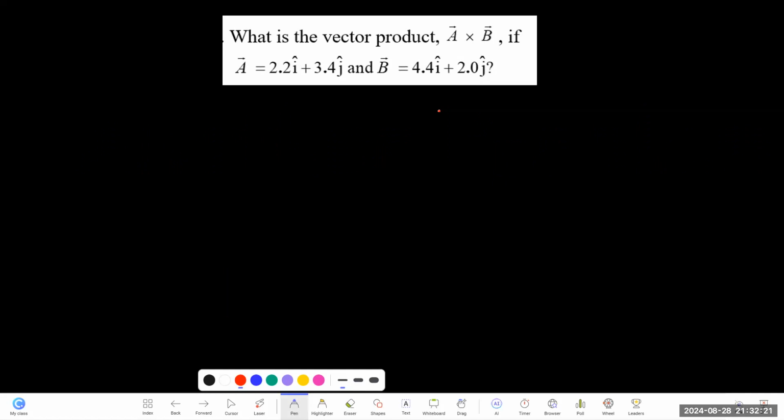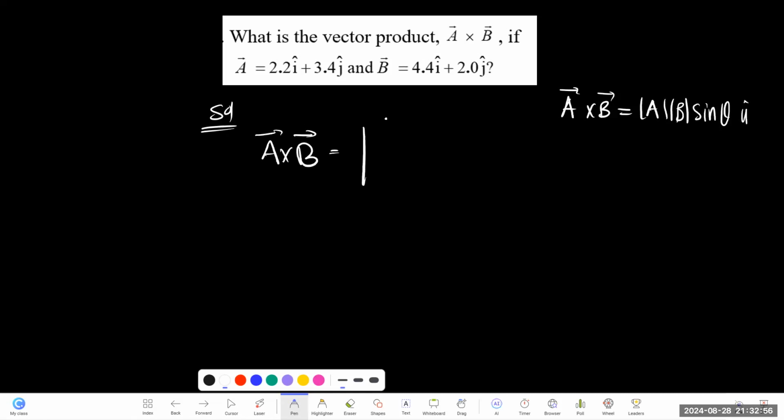Let's take a look at another problem. We have a cross product of the two vectors. Cross product is a little bit different. If the vector is given in magnitude form, like A cross B, we just talked about how you can multiply. Its formula is AB sine theta with the unit vector. But our vectors are not given in magnitude form, they're given in vector form, or unit vector. So I'm going to call A cross B